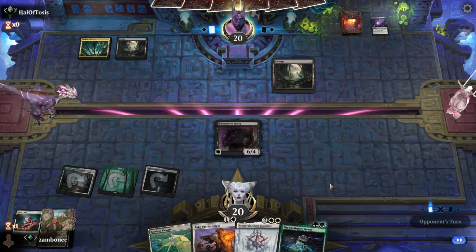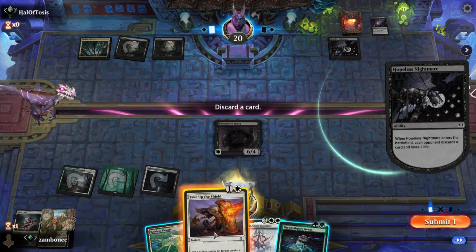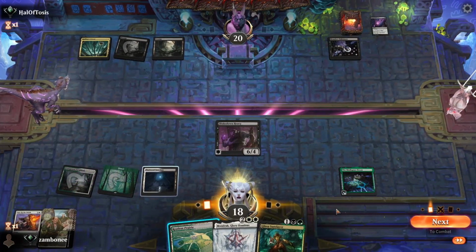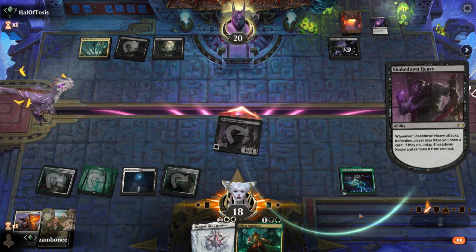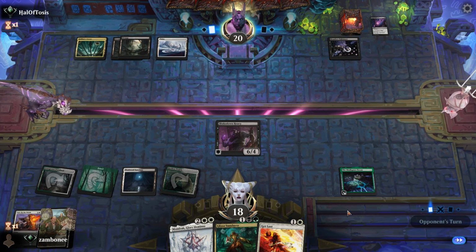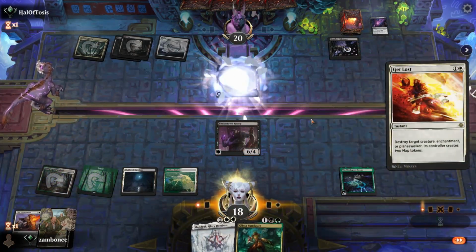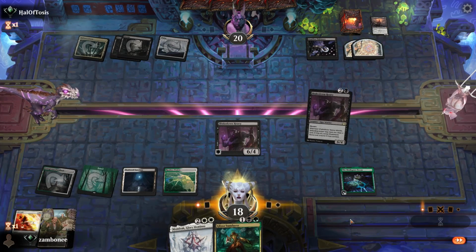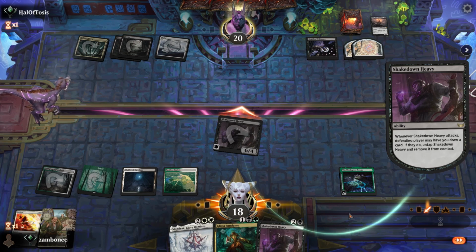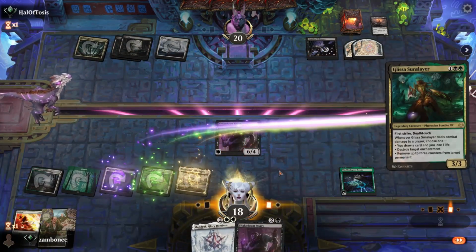Definitely Skull Nexus next turn if the Shakedown Heavy survives. This is a pretty good play, but I think, being able to draw a card, maybe I shouldn't have played that land first. So they could have another discard spell, so we'd want to get